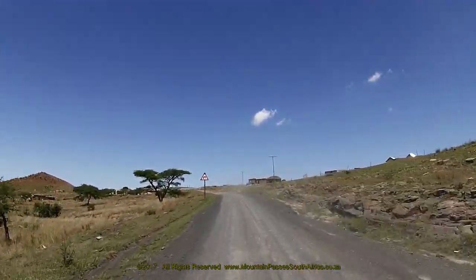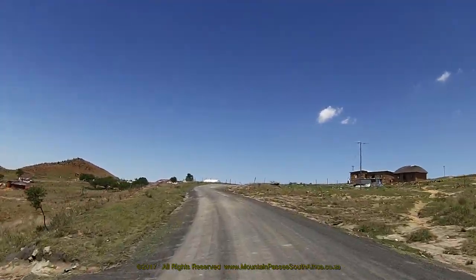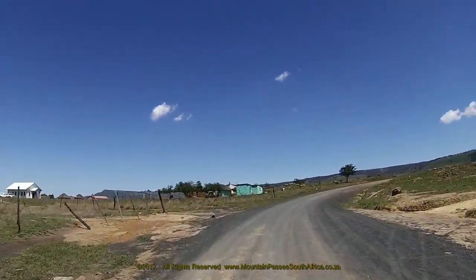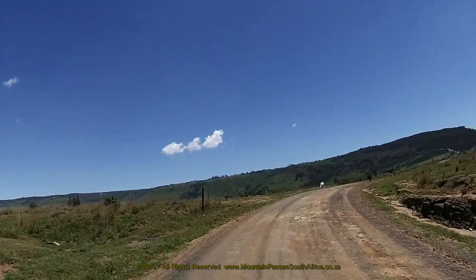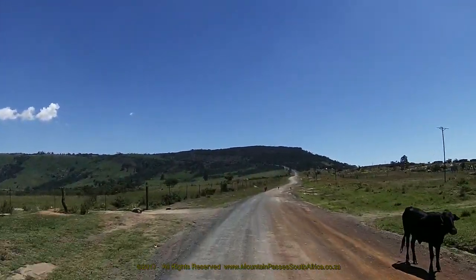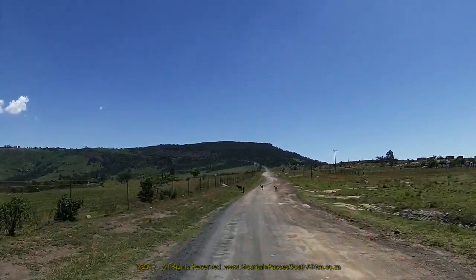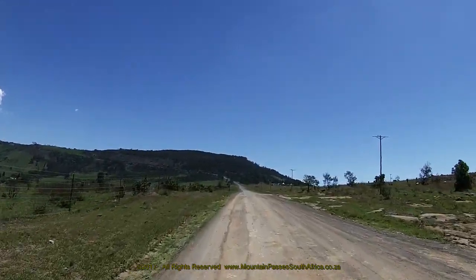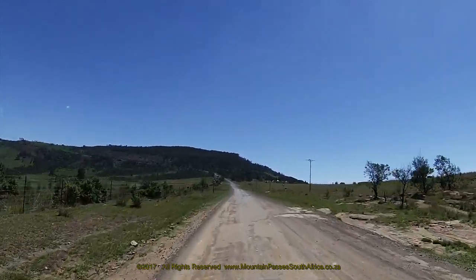The gradient flattens out a little and the road meanders slightly along a straight of 1.1 kilometers. A good view over the valley to your left is presented through this section. A rural primary school appears on the right-hand side and an intersection which leads off to a mission station comes up on the left. The gradient increases once more as the road begins another climb up the slopes of the